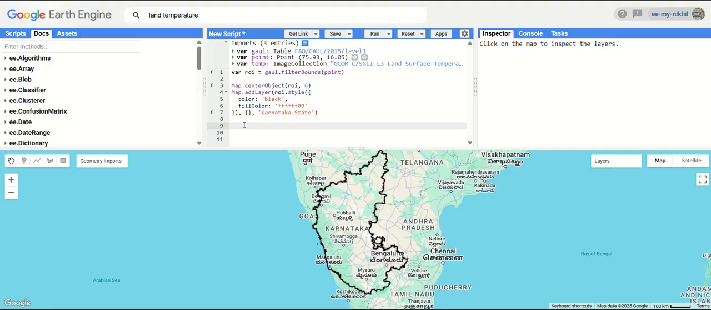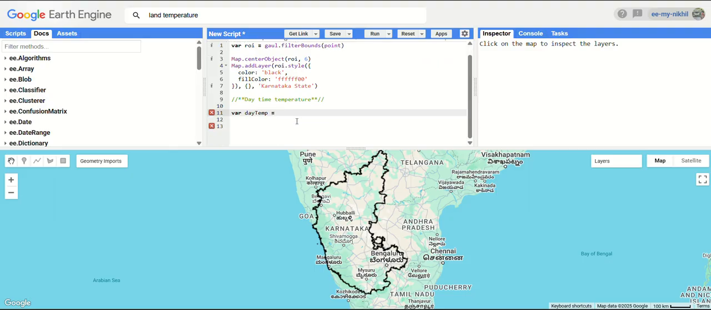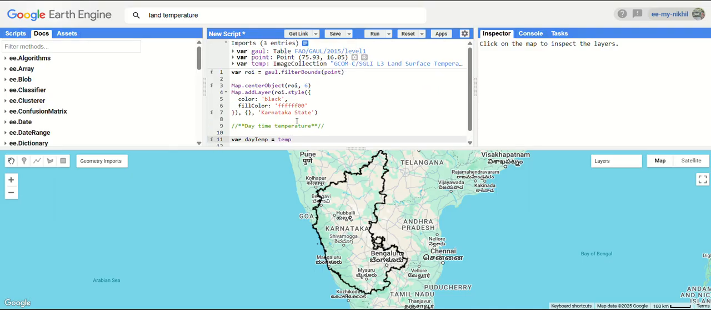And now we are moving to the daytime temperatures. So now you can add a comment like it's a daytime temperature. We are estimating it now, and we are creating one more variable called day temperature. Simply for the short form you can write day temp, and from the temperature variable which I have imported, I am filtering it down to my region of interest with the help of the function filter bounds